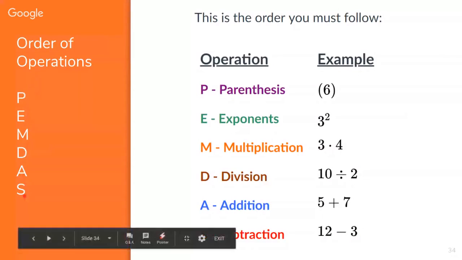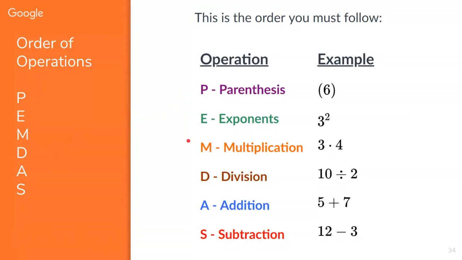Sometimes people use the word PEMDAS, meaning P for parentheses, E for exponents, M for multiplication, D for division, A for addition, and S for subtraction. This is the order in which you perform different operations. So first you must do everything in parentheses first, then everything in exponents, then multiply and divide, and then add